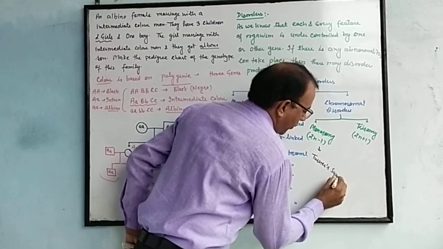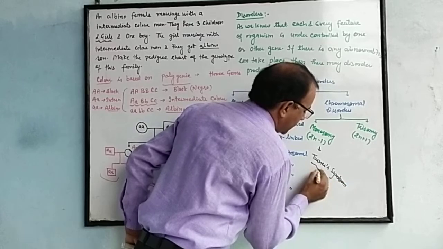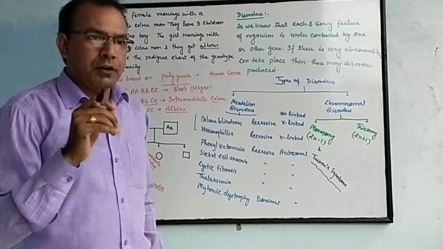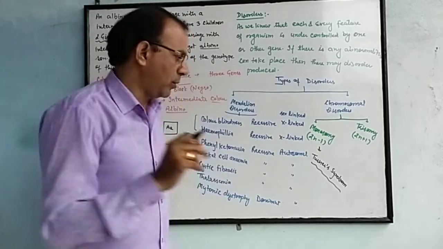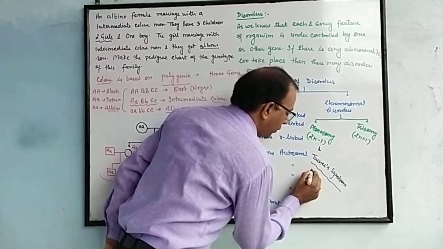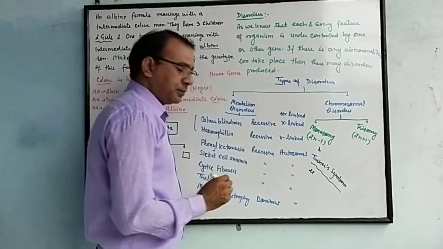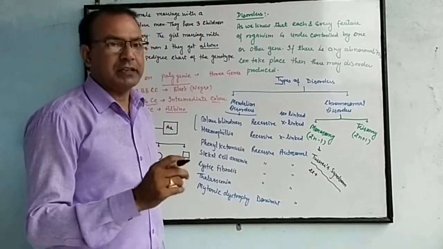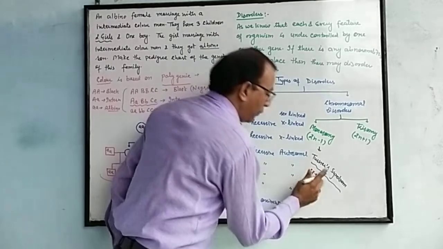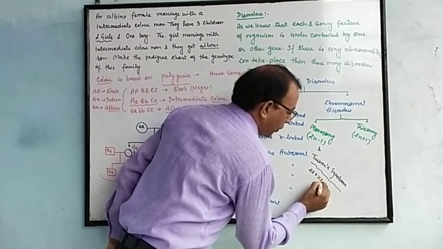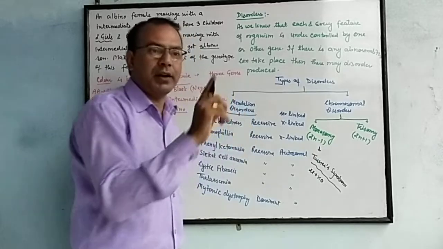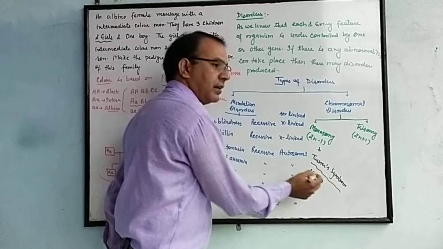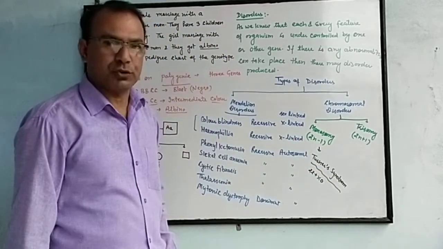Turner's syndrome. This disorder may be seen in females. We know that in human beings there are 23 pairs of chromosomes. Out of 23, 22 pairs are autosomal, and one pair is the sex chromosome, and a female contains XX. In place of XX it contains X0, that is, only one X is contained. One X is deleted, so this is called Turner syndrome, and it is a type of monosomy.